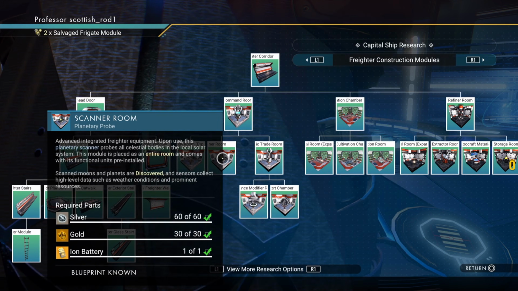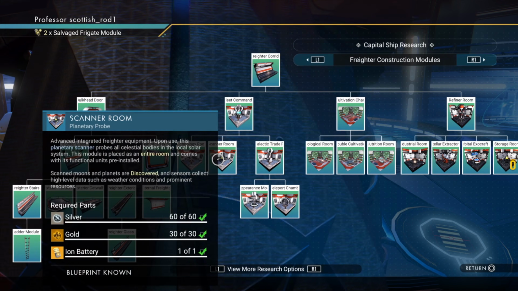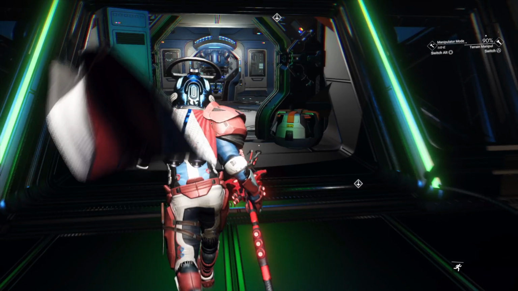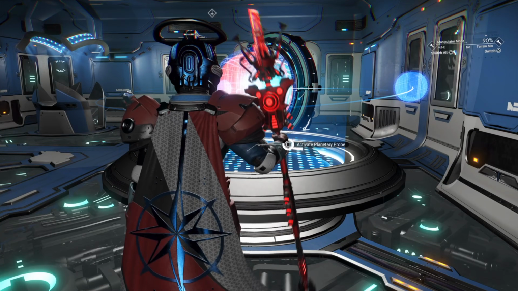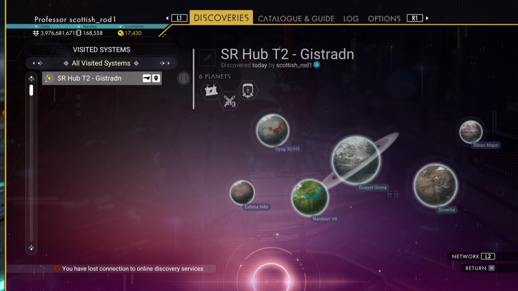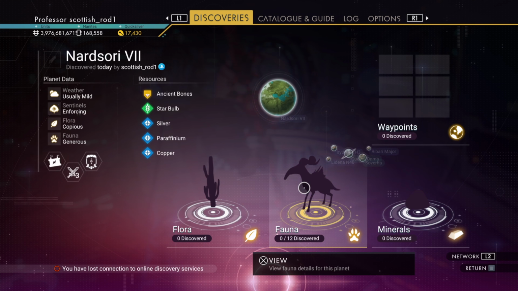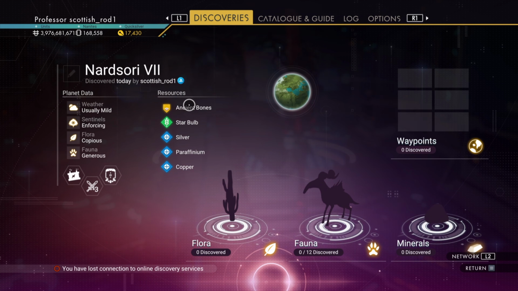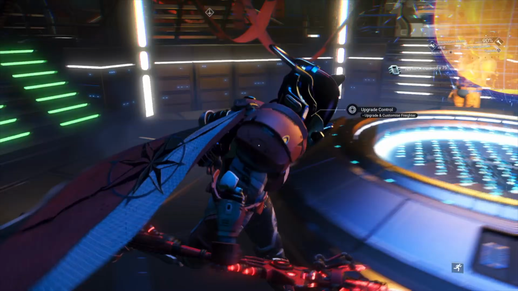And the next very important thing that you need is the scanner room. This is probably the most important thing in the game at the moment. And you simply activate the planetary probe and it will give you all the information of all the planets in the system. And when you click on the planets, you get all the information, including the weather type. Then you can go to the frigate warp map,